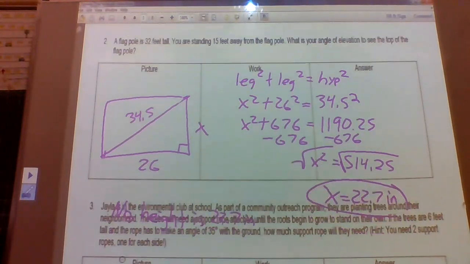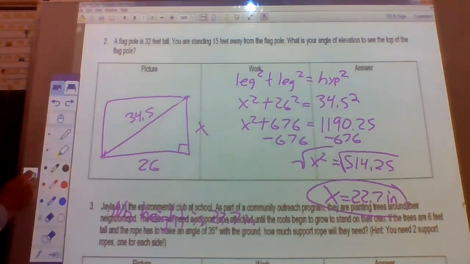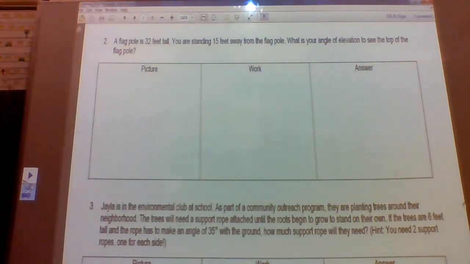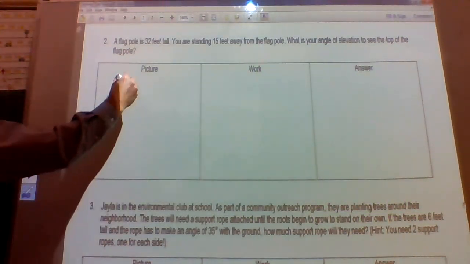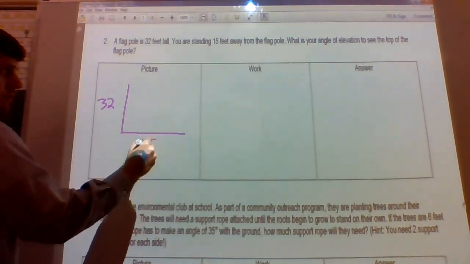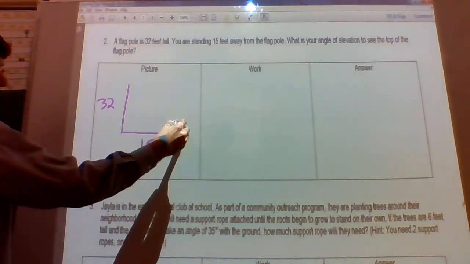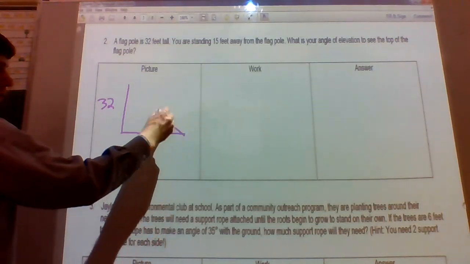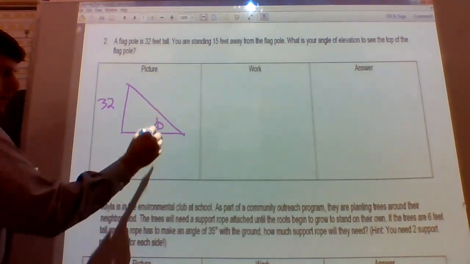Okay, flagpole is 32 feet tall. You're standing 15 feet away from the flagpole. So 32 feet tall, and you're standing 15 feet away. What is the angle of elevation? The angle of elevation is the one going